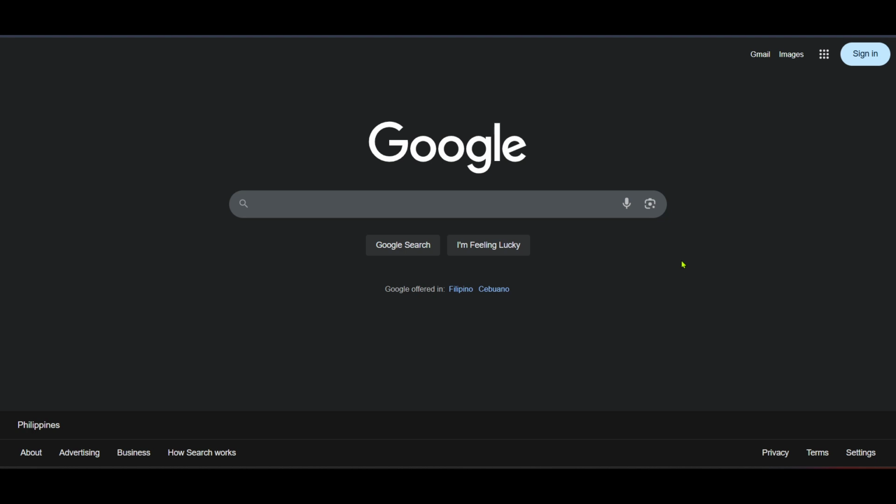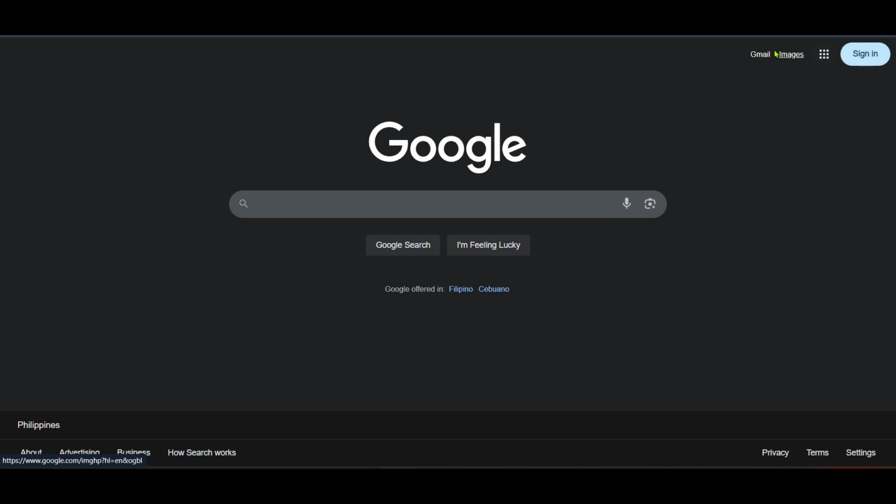To get started, the first thing you want to do is head over to Google. Open your web browser and type Google into the search bar, or simply type in google.com if that's quicker for you. Once you're on the Google homepage, you'll want to make sure you're signed into your Google account to access Gmail. If you're not already signed in, navigate to the top right corner of the page and click on the Sign In button. This will lead you to a secure sign-in page where you can enter your credentials to access